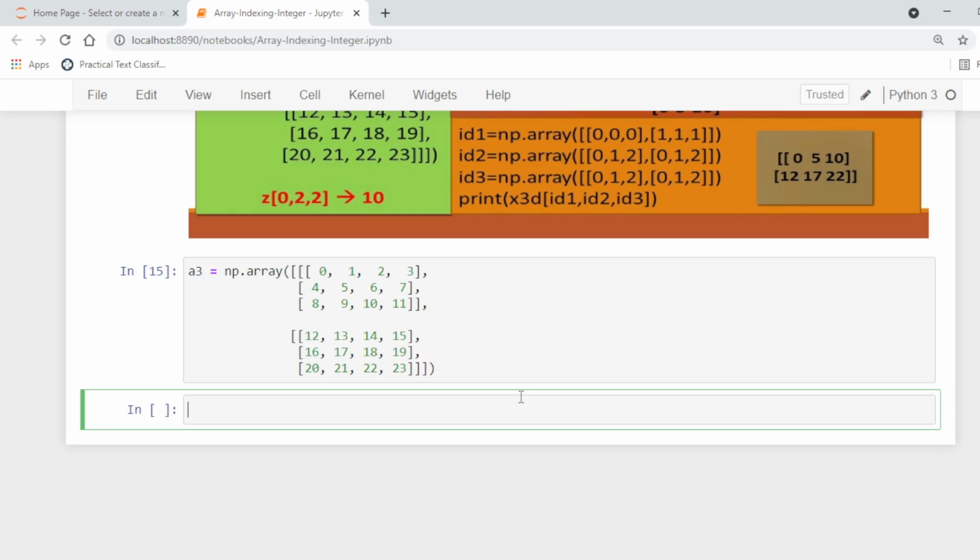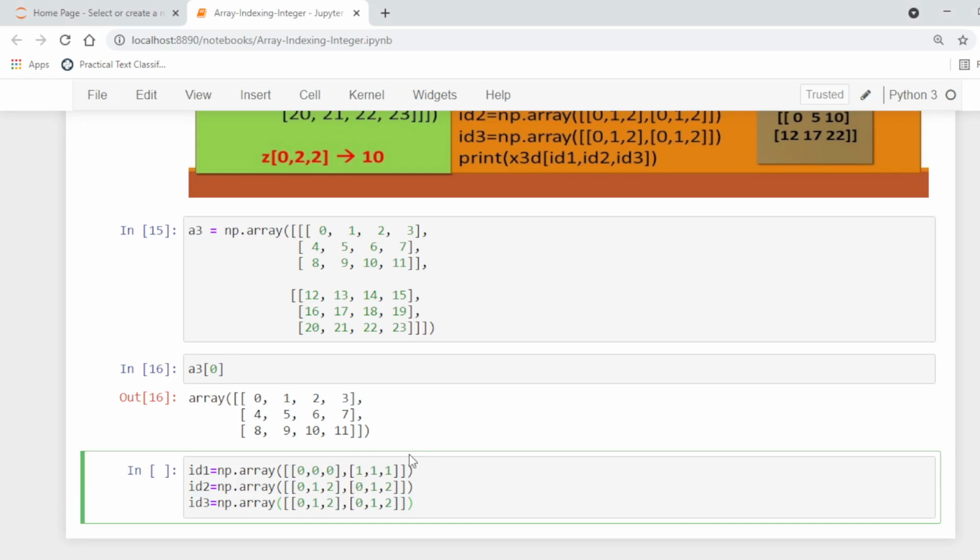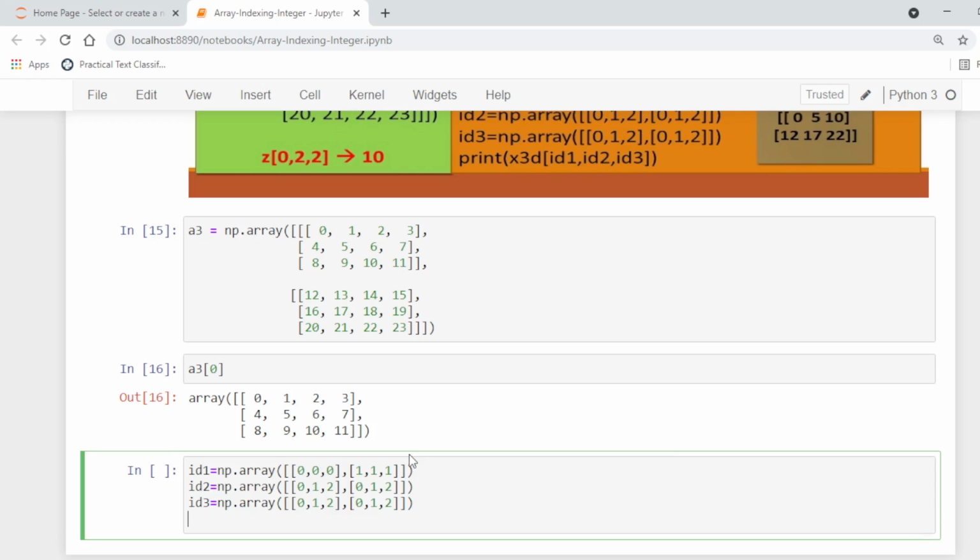Now, just to display the first matrix, it will display the first matrix. Zero, 1, 2. So let's say we specify the different indexes of this one. Now we want to extract the values stored at these indexes.